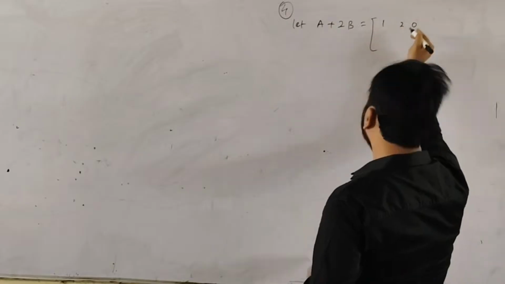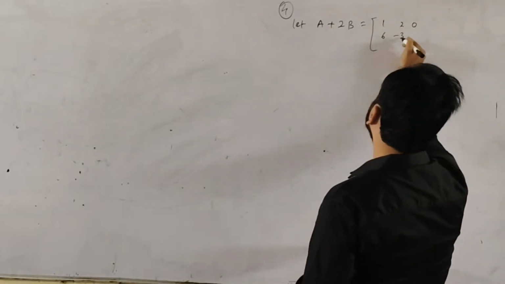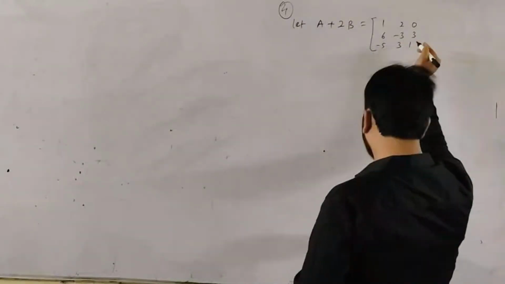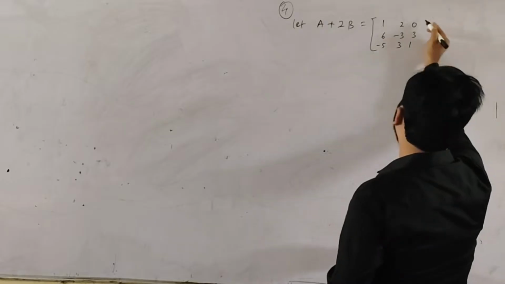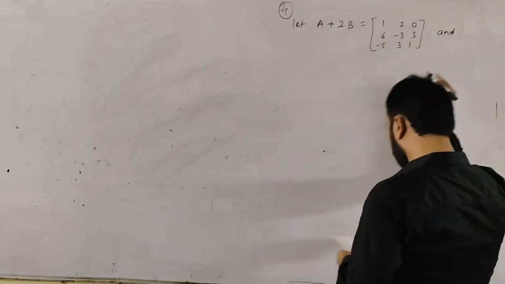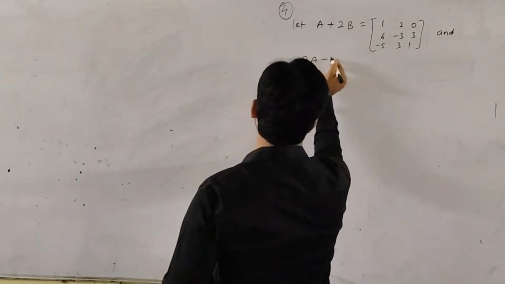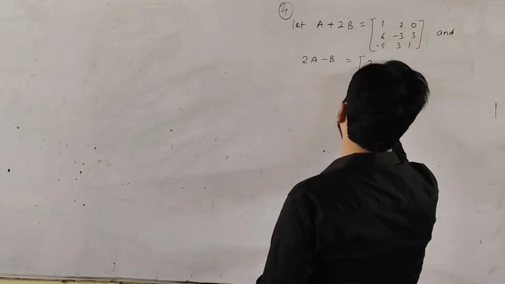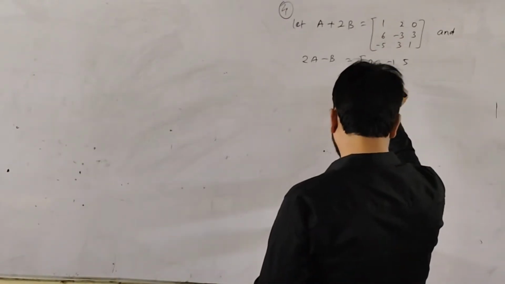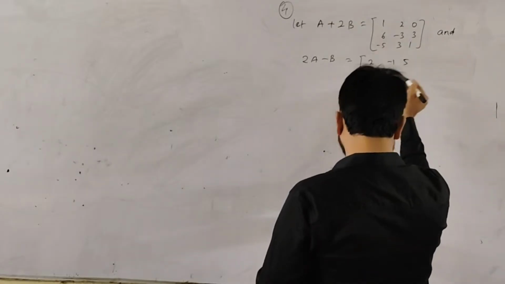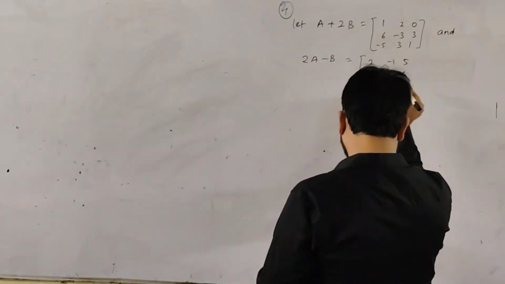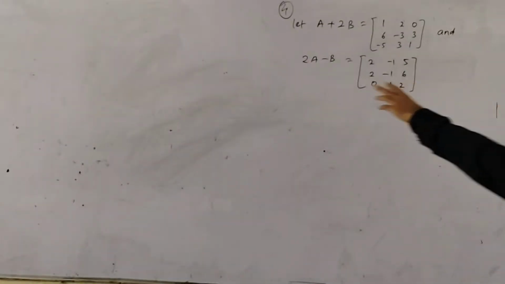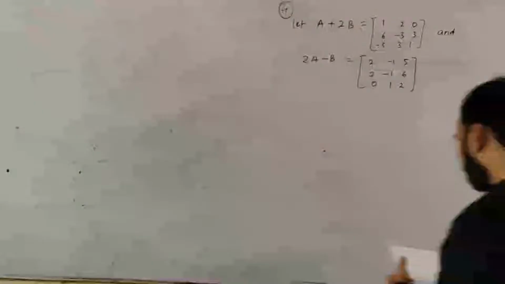120, 6 minus 3 and 3, minus 5, 3 and 1, and 2A minus B is equal to 2 minus 1 and 5, 2 minus 1 and 6, and 0, 1 and 2. Okay, so something is given as A plus 2B as this thing and 2A minus B as this thing. Correct. Now if trace of